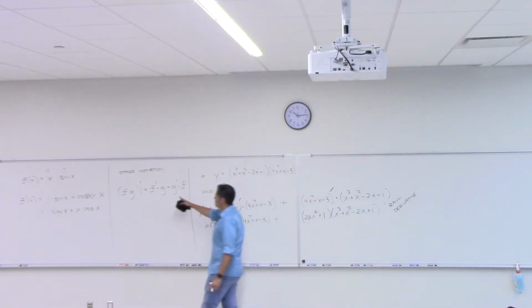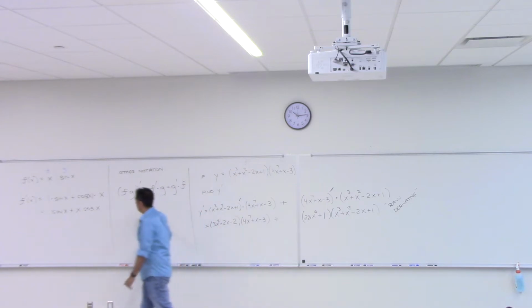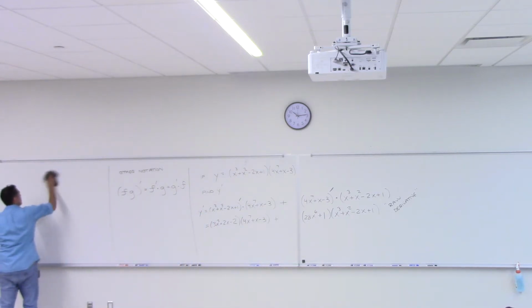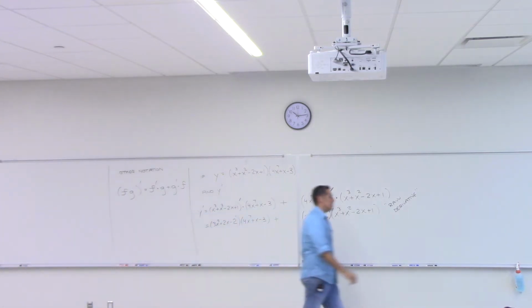F prime g plus g prime f. Derivative of the first times the second plus the derivative of the second times the first. So now a little bit of bad news, just a little. I'm going to go to your formula sheets, right? You're allowed to have formula sheets for this test, for all tests. Where are your formulas? On your formula sheets,